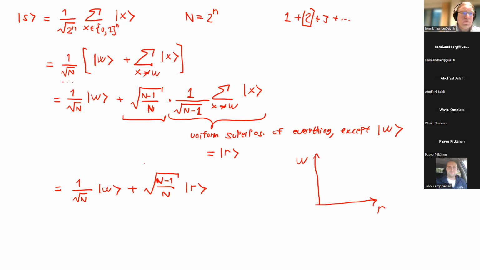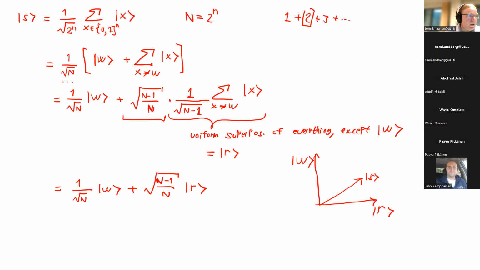The state is going to be some combination of these two vectors, a linear combination of two basis vectors W and R. And this now leads to the ideas of what we are doing.